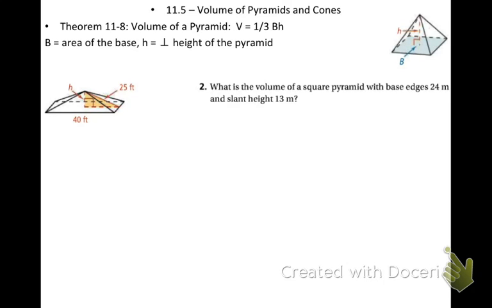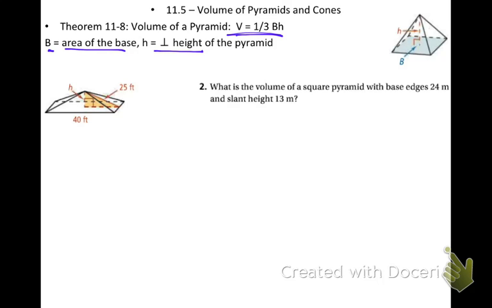Okay, here's our video on how to find volumes of pyramids and cones. Again, our formula is going to be volume equals 1/3 the area of the base times the perpendicular height. Again, make sure that we realize the capital B stands for area of the base, and that our height is our perpendicular height. When we did this with surface area, we needed to find the slant height, but that's not